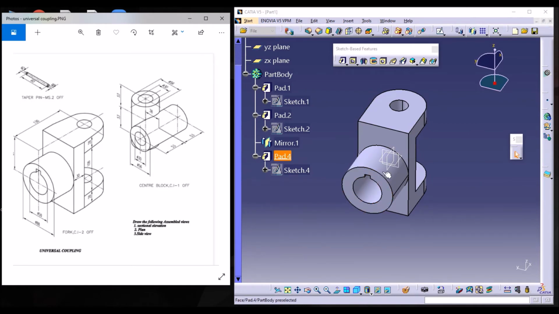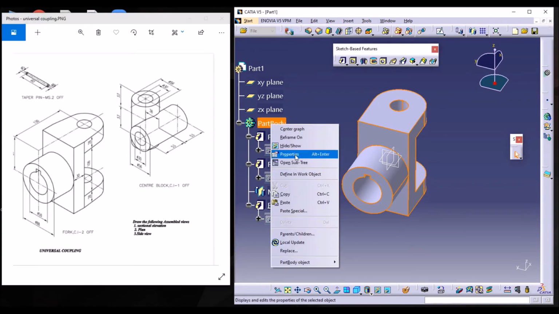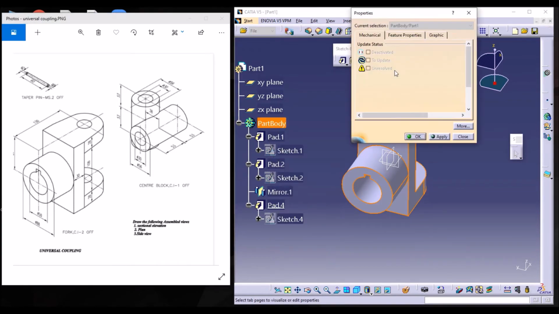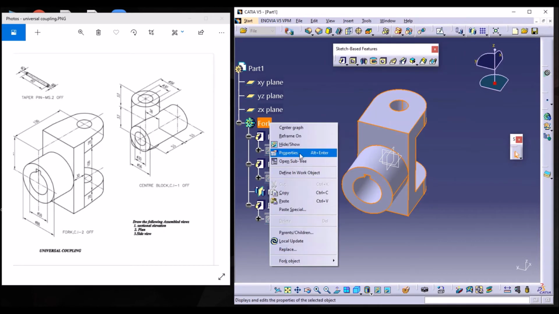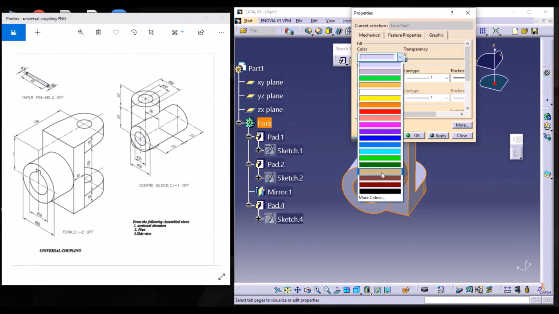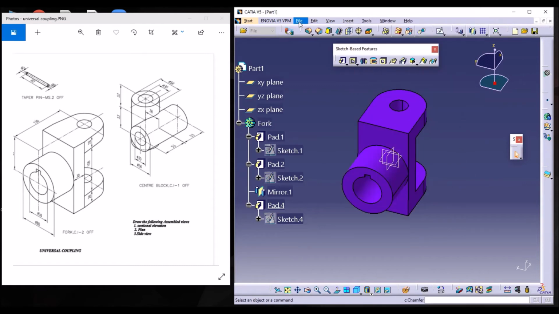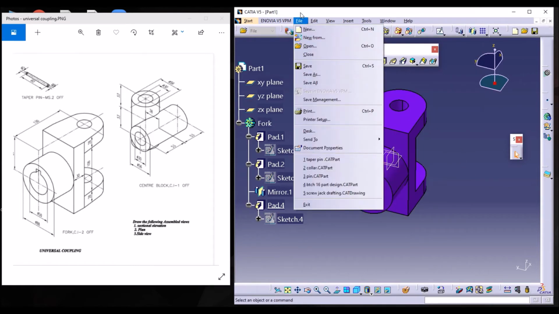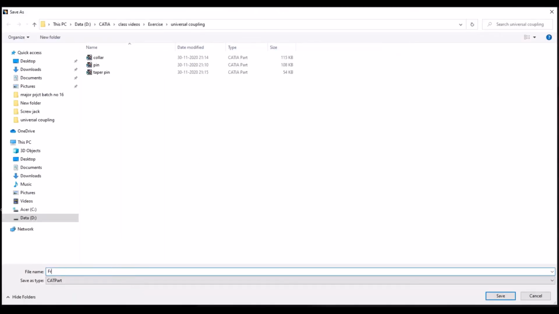Okay, so I'm now going to save this file. Before that, I'm assigning some color and the name. So in feature properties, give the part name as rock. Okay, now give the color for this, go to graphics and assign some color and click on OK. So color is assigned. Now I'm going to save this file. So go to file, save as, give the name as rock,